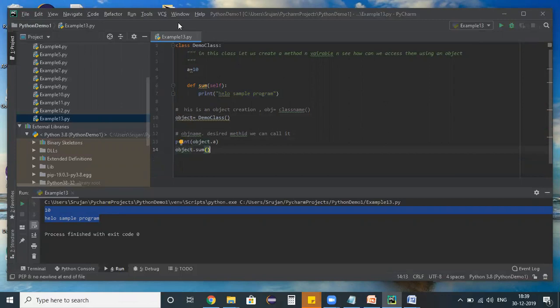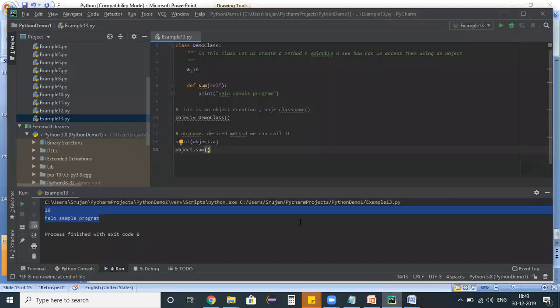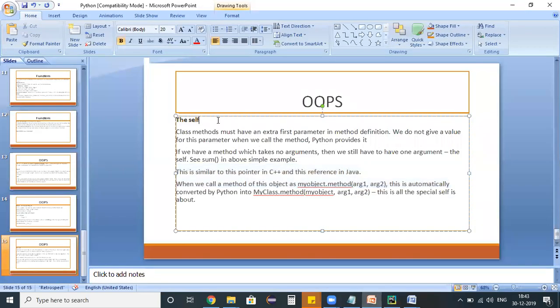Okay, cool. So guys, if you observe this sum method, we have a self keyword which was automatically added by my editor. So let us see what exactly self means. Generally, class methods must have an extra first parameter in the method definition. We do not give a value for this parameter when we call the method.